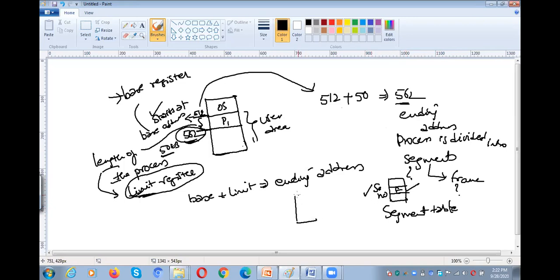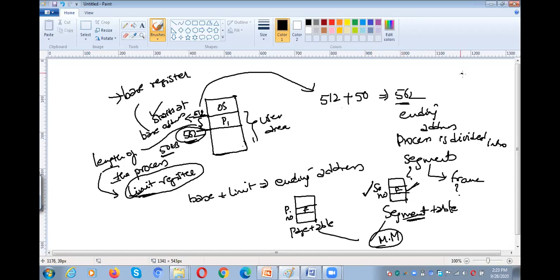It is like a page table. Page table is also having two entries: page number on the outer side and a frame number on the inner side. This is a page table. Where are the page table and segment table available? Both are available in the main memory. So what is the purpose of the segment table? Which segment is available in which frame is indicated by the segment table.